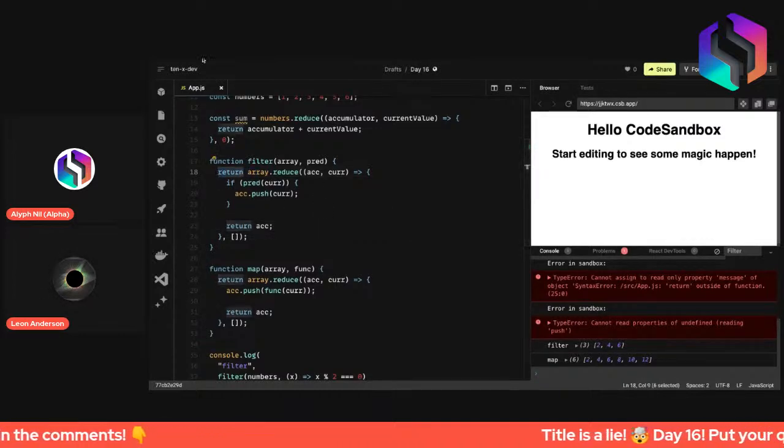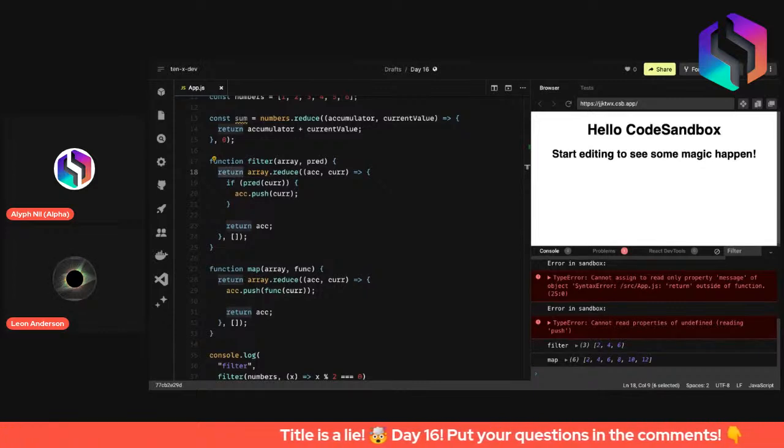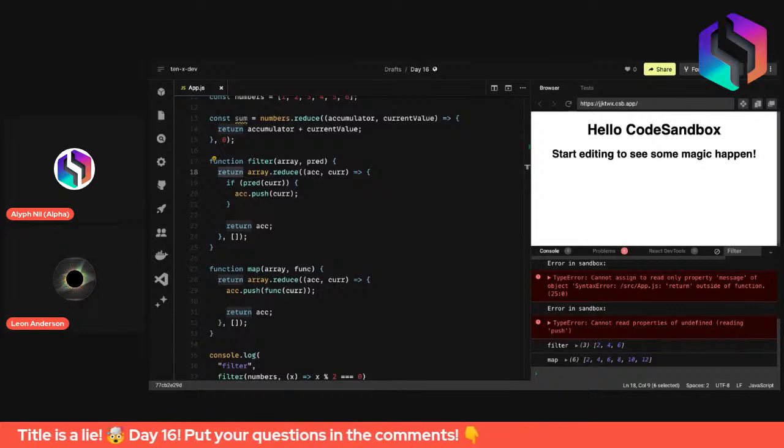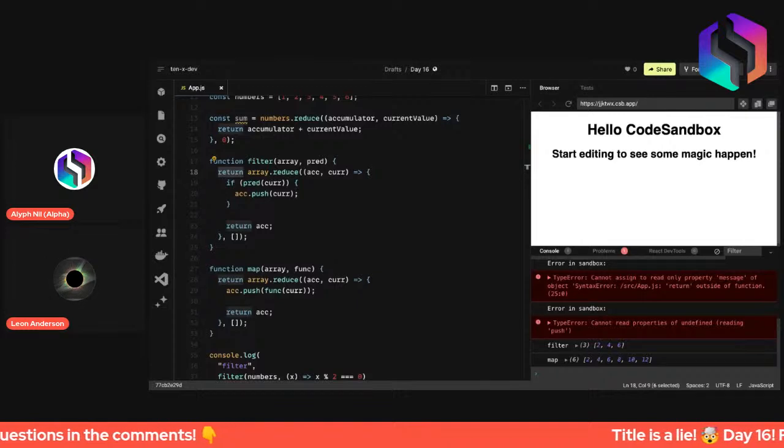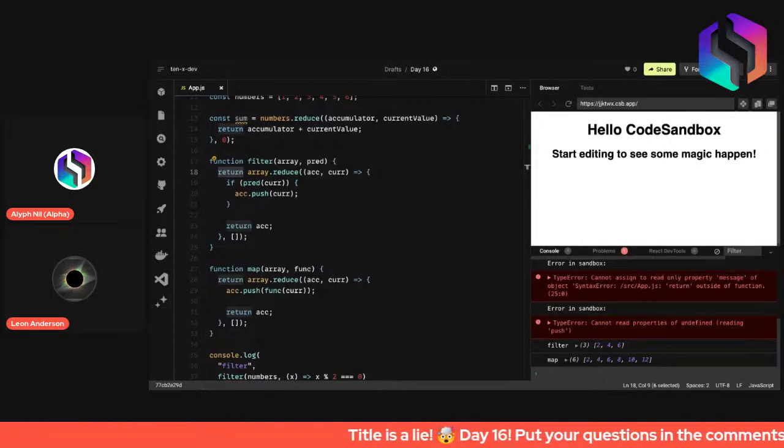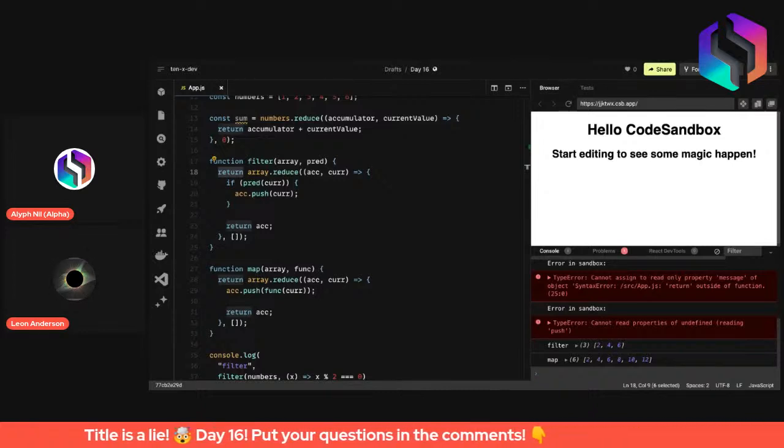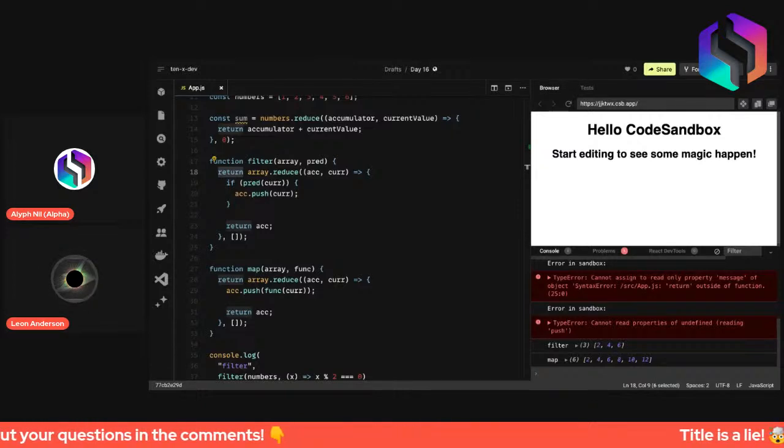I was like, oh yeah, that makes sense, to now make the filter function a function that returns the reduce function. And then I had no scope issues from there. So those were my bugs, and the rest was pretty